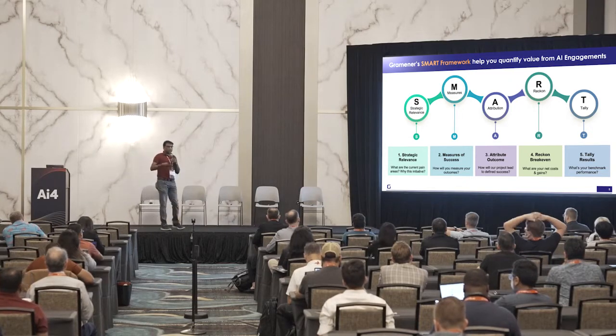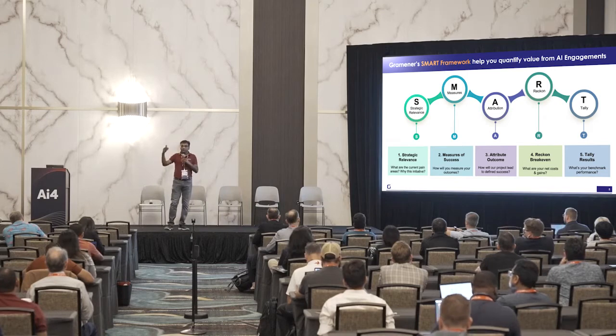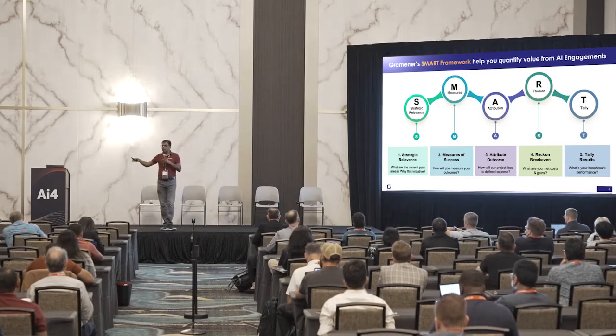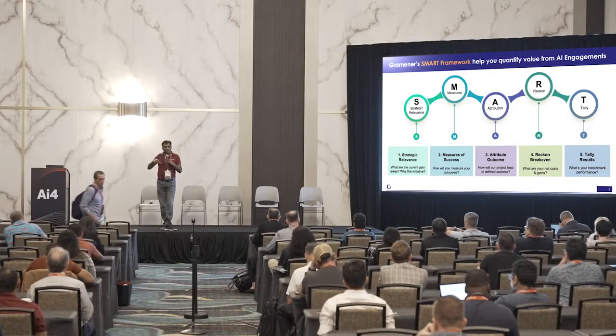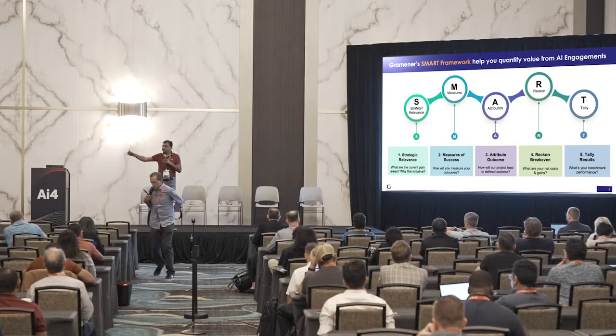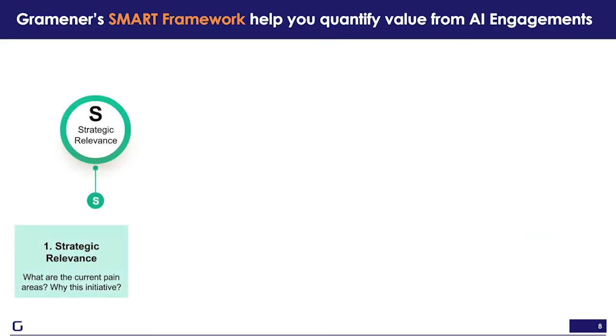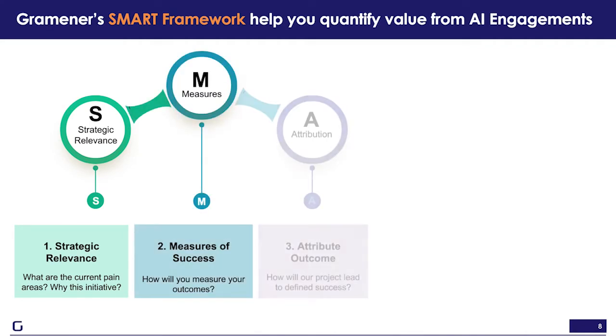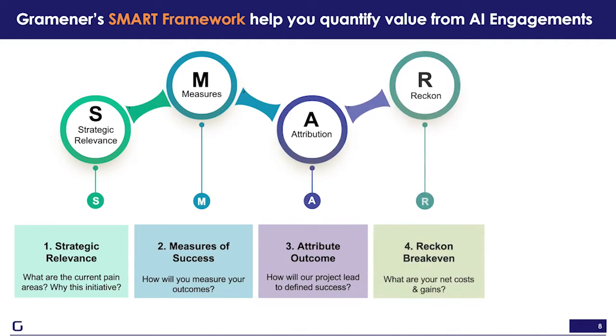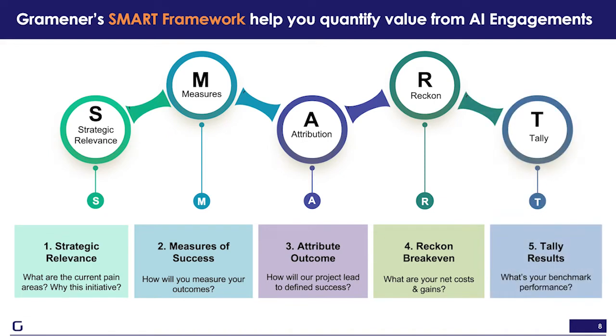At the start, obviously you want to put a dollar to it and provide an ROI. So we apply a framework to it and say, hey, you do this XYZ problem, this is what your ROI is going to look like. What does that look like? So one, before you start, strategic relevance is the first metric. Second, can I measure the success? How will you measure it?